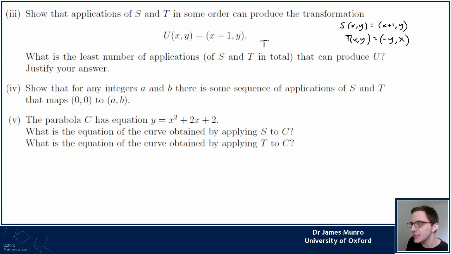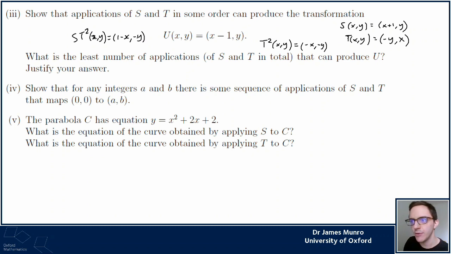But maybe if I do t twice, see, that gets me to minus x, minus y, and that's looking a little bit more promising because now I can do an s, and I'll get a 1 minus x over here, which is not quite what I want, but it's better than having a 1 minus y, because this 1 minus x is minus x minus 1. Okay, so I'm messing around, but I'm trying to mess around in a sensible direction. So my plan is to do an s next. That's going to give me 1 minus x, minus y. And now what I really want,